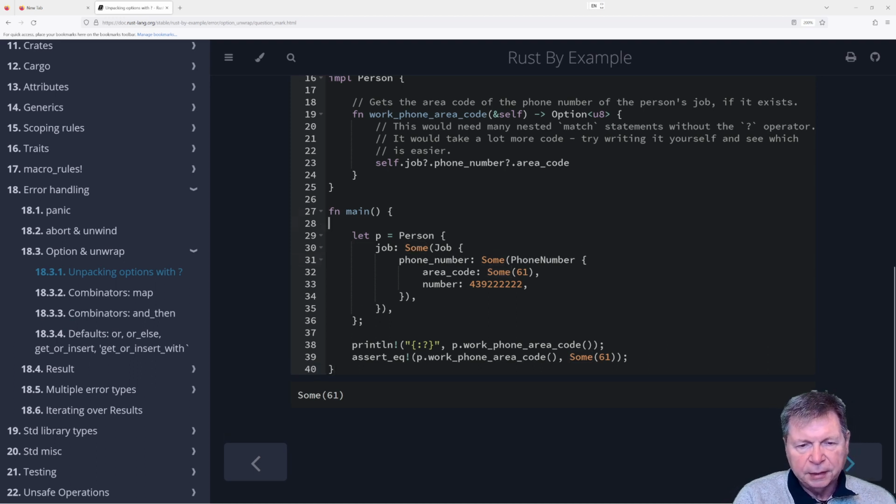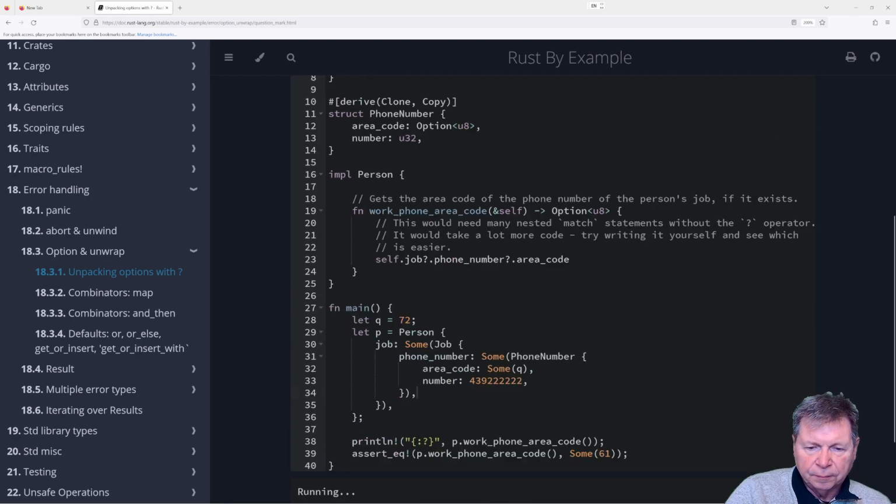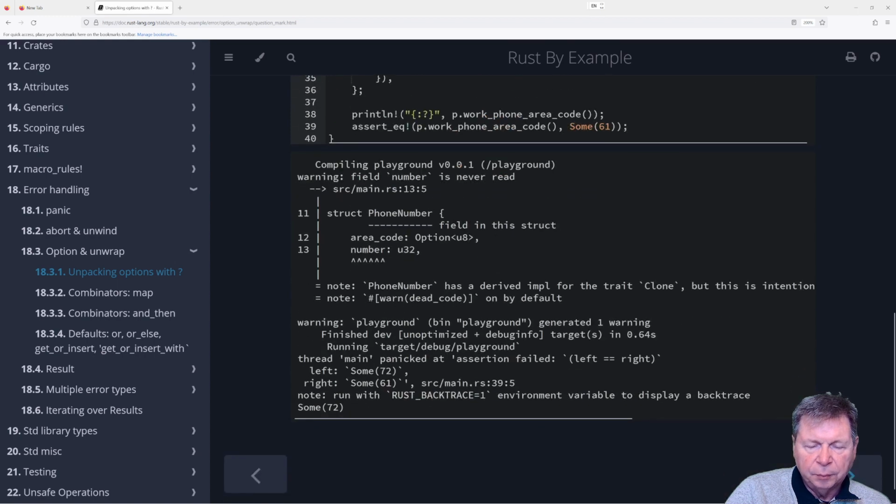I could say let q equals 72. And then I could say Some q. And let's see if I can run that. Nope.